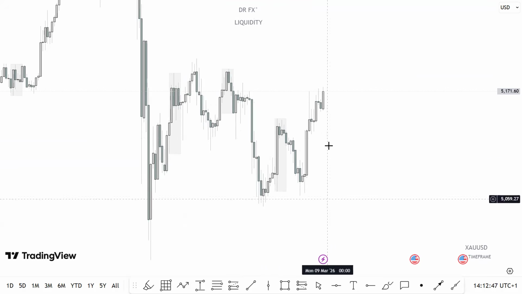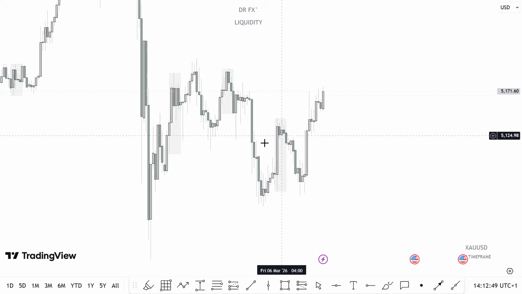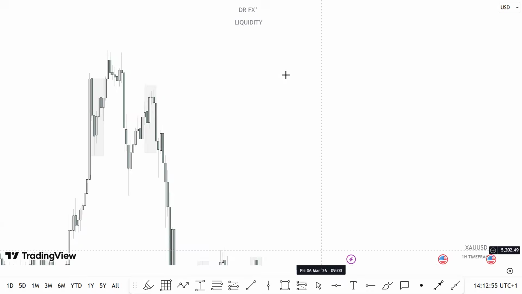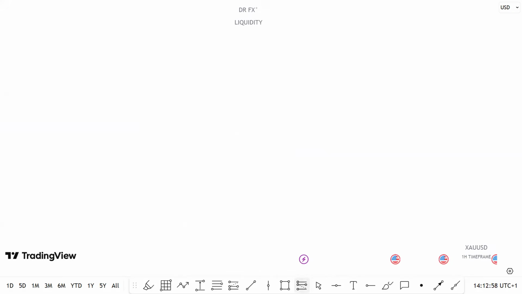So I'm going to give a line drawing first on what you do first when you have a storyline, then anything else can come later on. So this is the daily time frame on gold, and the first thing you want to do whenever you are trading, first of all, like I said, the first advice I give to anybody,